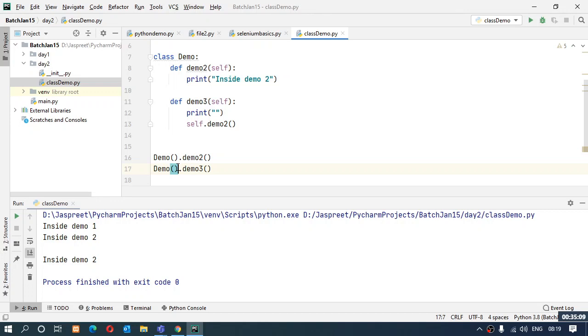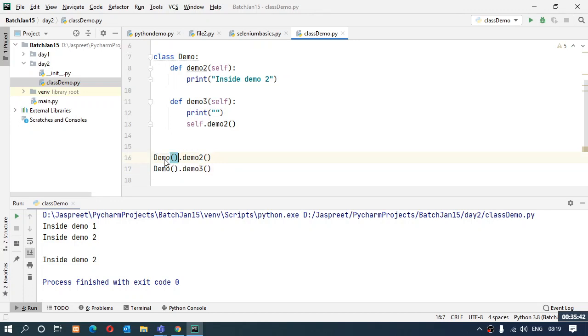But if I have a hanging object like this, because in Python this is the creation of an object. In Java the syntax is something else, but here this is the object creation. So there are two objects that have been created, and both are hanging. They don't have any reference. I cannot call them back. I will not be able to know which object is holding which function's information. So what could I do?